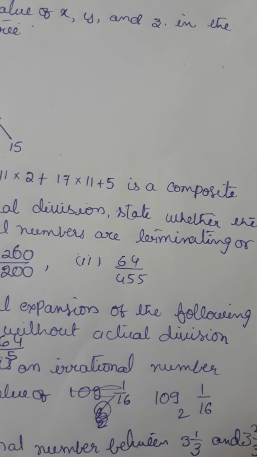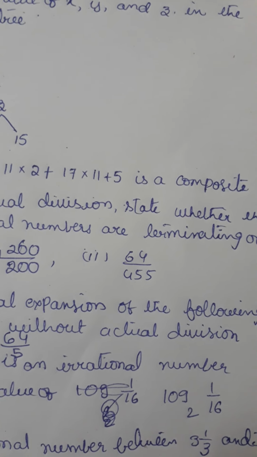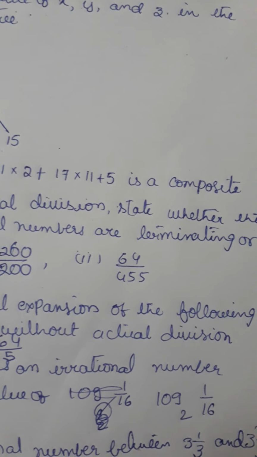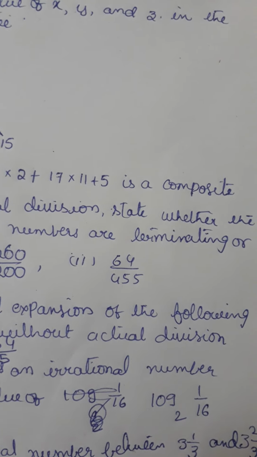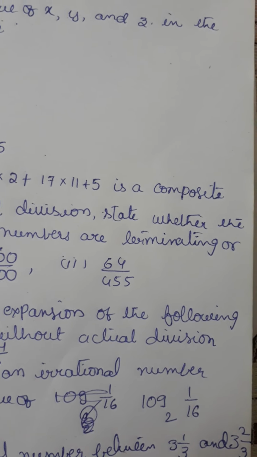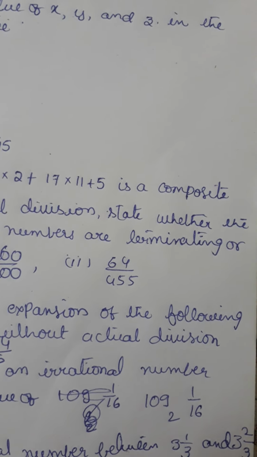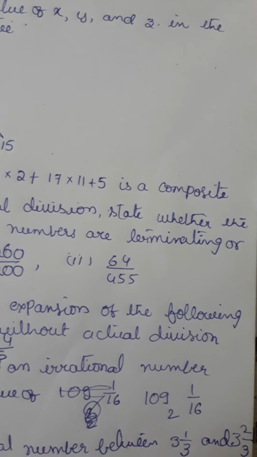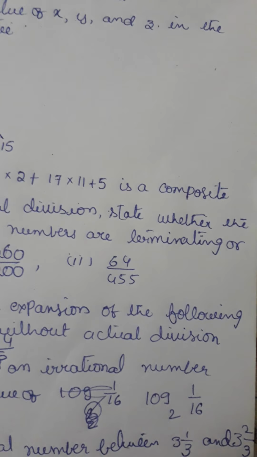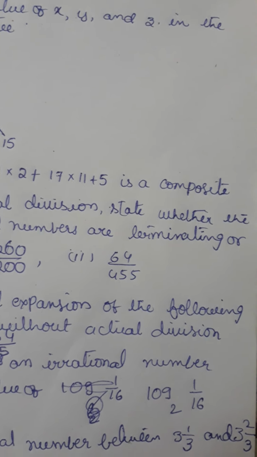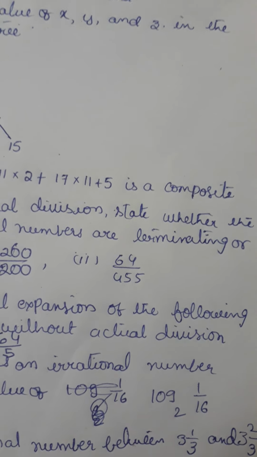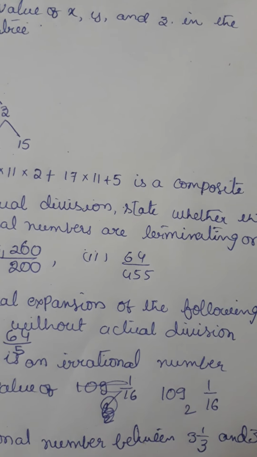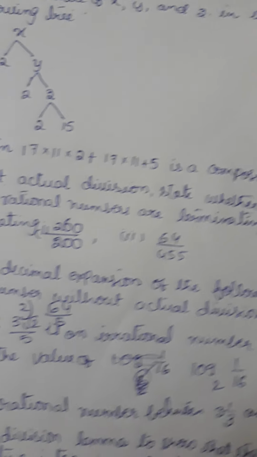When you bring anything from the denominator to the numerator, the exponent will be converted to negative form. So 2 power 4 in the denominator is converted to 2 to the power of minus 4. The basic theorem behind it is a power minus n is equal to 1 by a power n. So here 2 power x is equal to 2 to the power of minus 4. Now the bases are equal, so the exponents may be equated. That is how you can complete that sum.